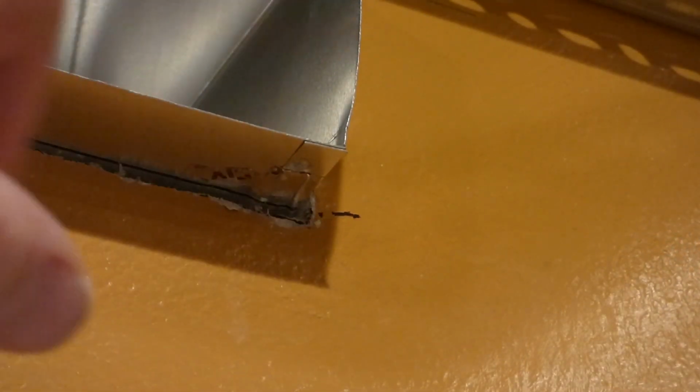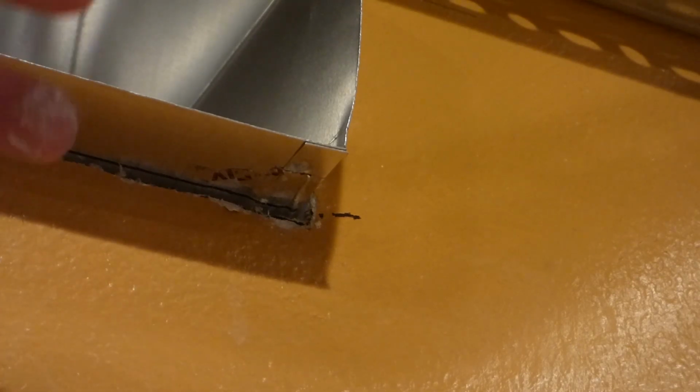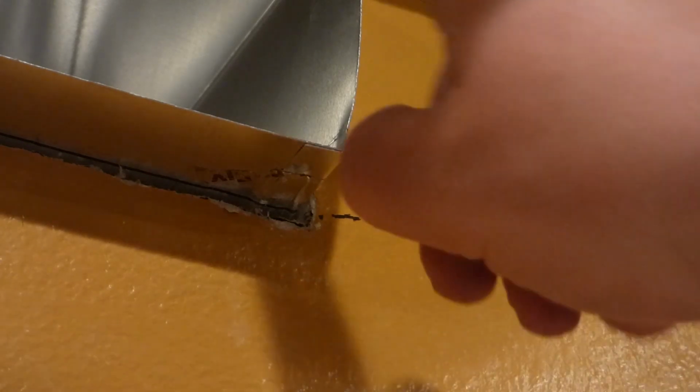So on the outside of this thing here, I had run the silicone caulking around, and trust me, got some all over the hand and stuff. It's for outside use and kind of a construction waterproof sealant. So that's going to keep that from leaking in. And now, like I said, in here,